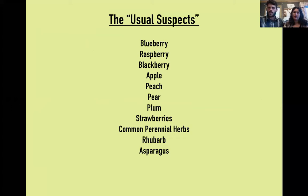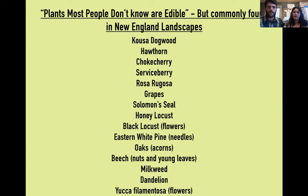So, usual suspects. These are the kind of perennial plants that most people know about and ask us about. Blueberry, raspberry, blackberry, apple, pear, peach, plum, the huge. And then there are plants most people don't know are edible, but are common in our New